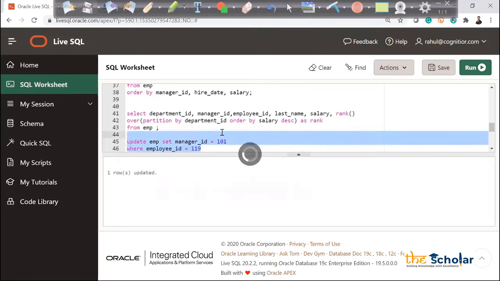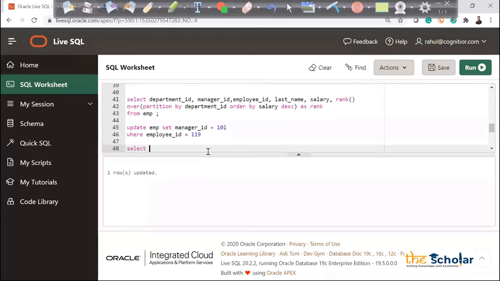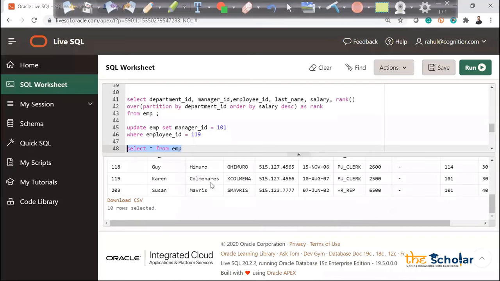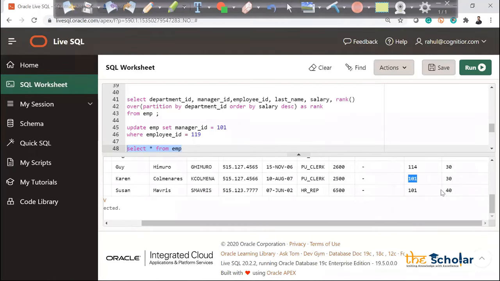What I'm doing is updating the record. Now you can see the query. I have updated the manager for 119. Now it is 101, but they belong to the same department. So why did I do that? Just try to understand the use case here.